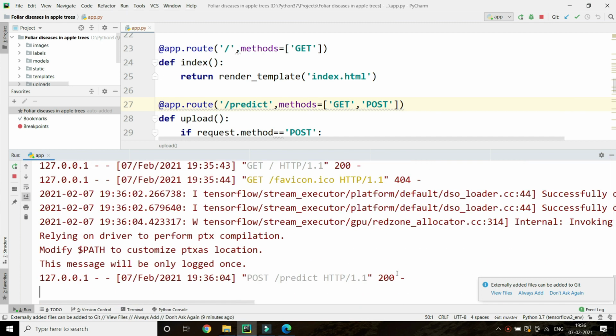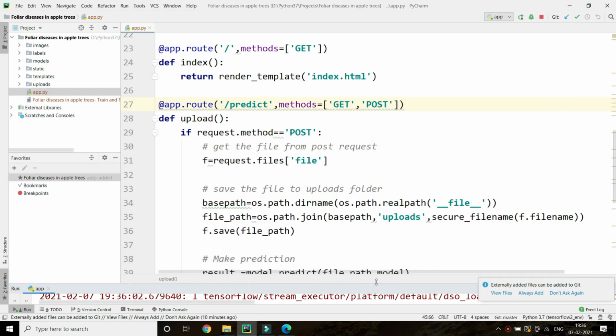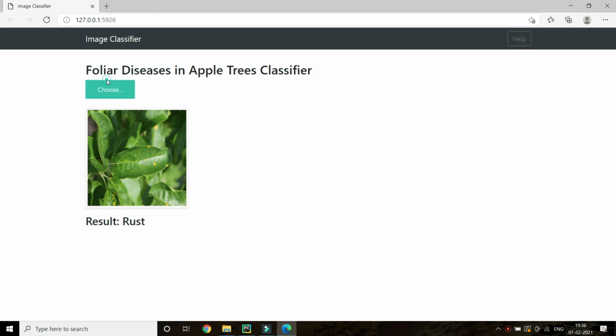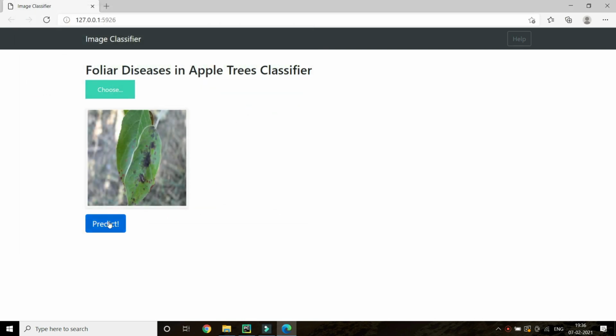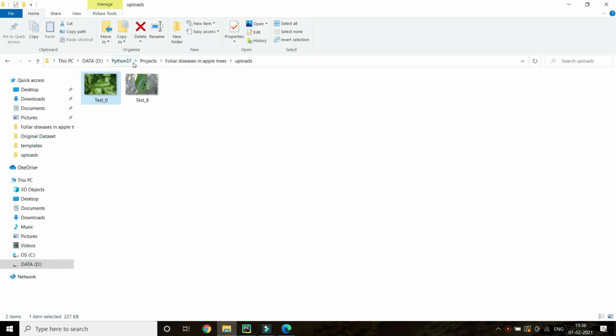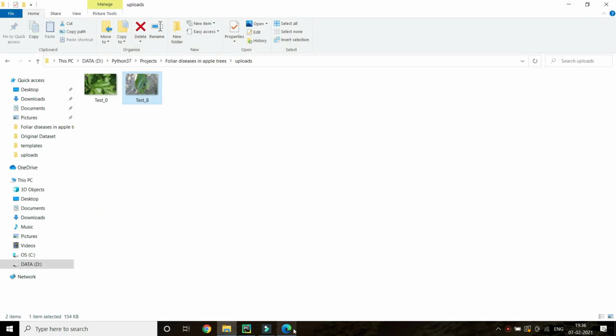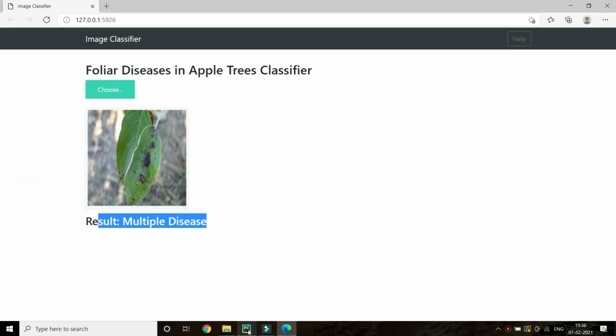You can even see here code 200 means it is successful, 404 means not found. Similarly you can give any other, let's say test 8. What do you think? Multiple diseases it is saying, and see it is getting stored here. So that's how you can make a web app.